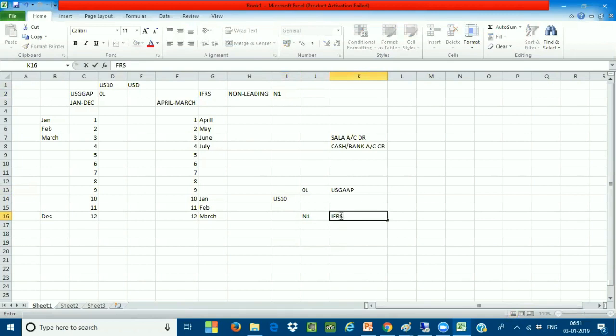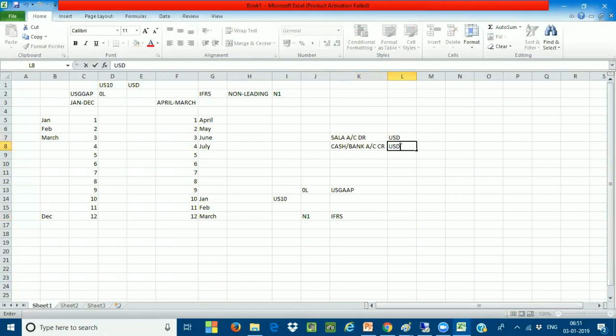Now, very, very important. As you are telling that the salary account which is going to be debiting for your cash and bank account, are you using the INR currency or USD currency? No, I am using the same dollar only. I am using the USD, not INR. Very, very important.